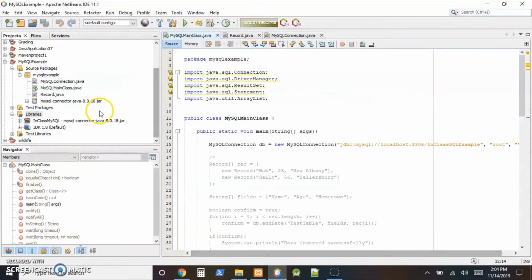There were a number of files in the folder that it gave us, but we just needed the jar file, which a jar file is equivalent to an executable. It's the file that actually executes on the Java virtual machine, the JVM. So we just copied and pasted that into our project to have it somewhere where we could access it,